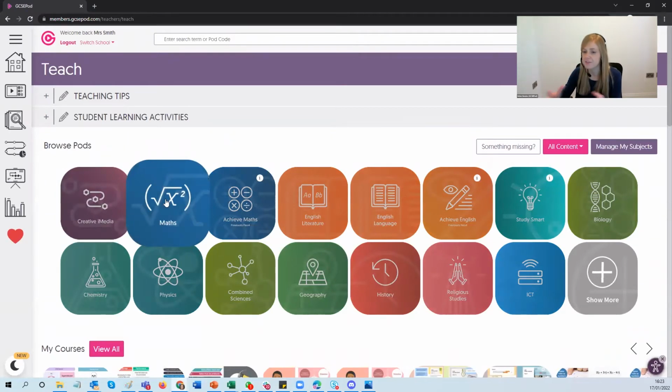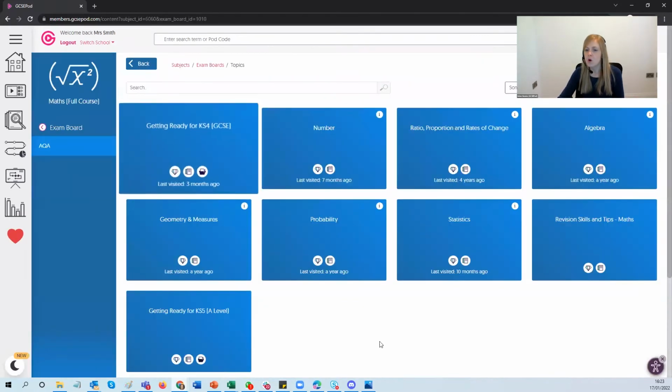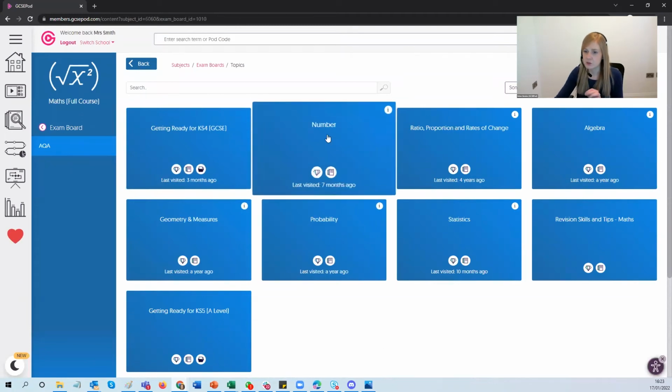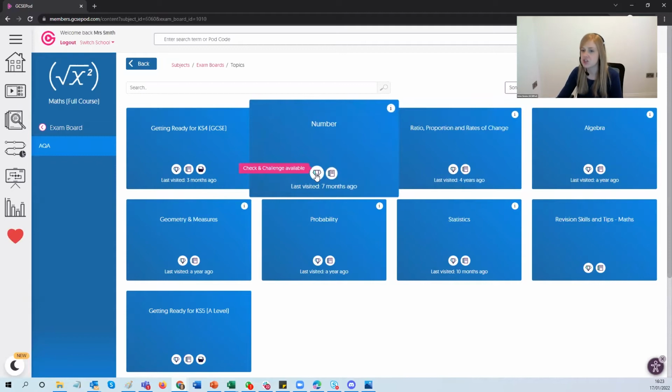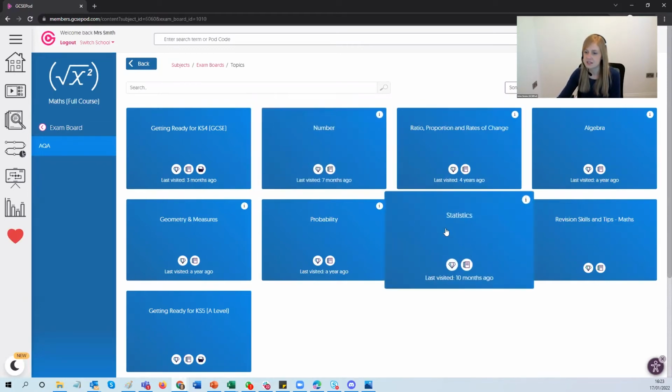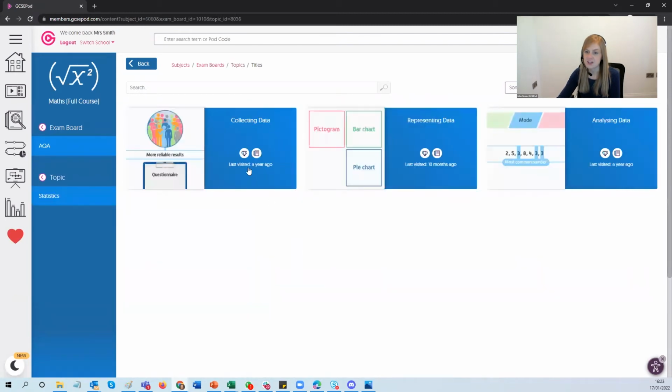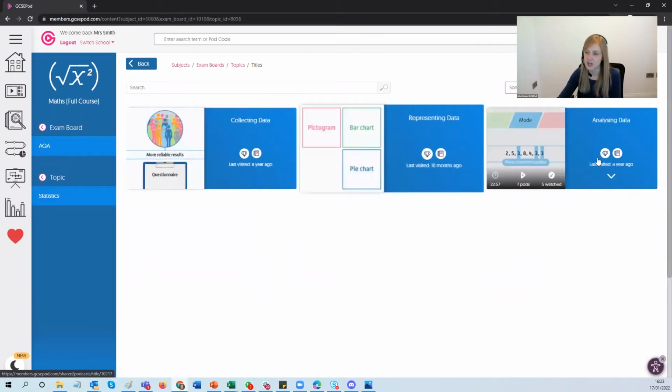I'm going to choose maths, but again, Check and Challenge is something we have across almost every subject, so it's really wide ranging. So we click on maths. What you'll notice is next to each topic, if there is this diamond icon, that means Check and Challenge is available for that topic. So if I choose statistics, you'll see actually every topic has a Check and Challenge,